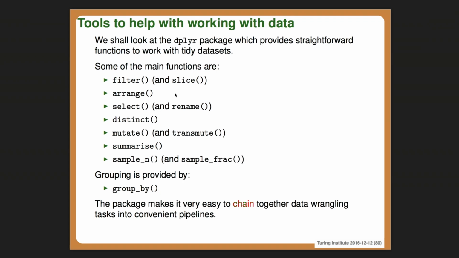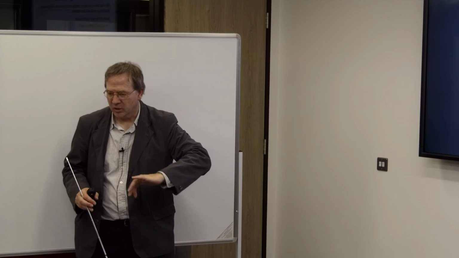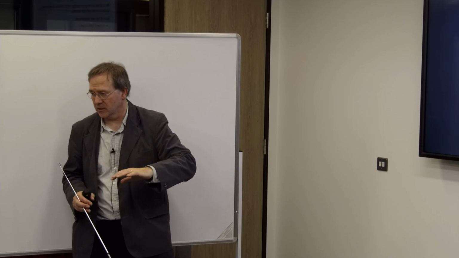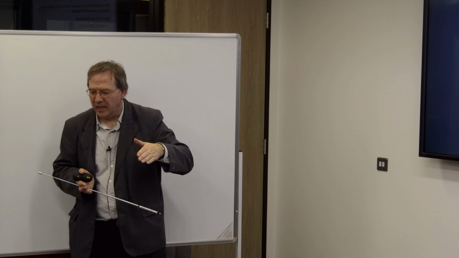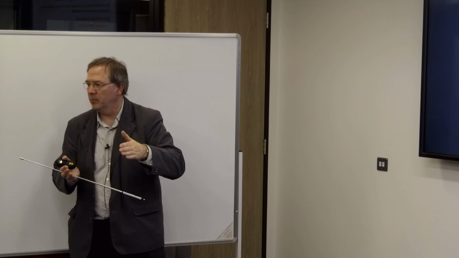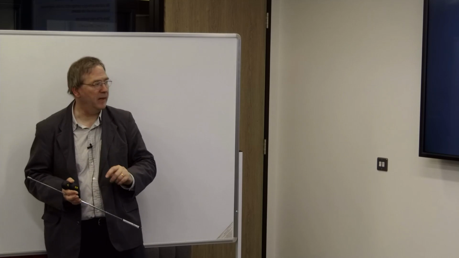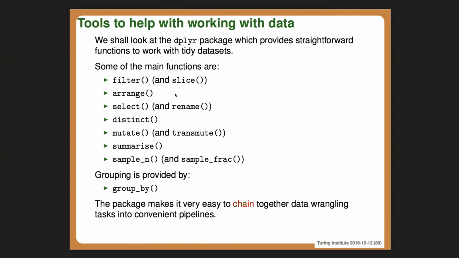There's also a function called slice. So filter is set up to do matching on a Boolean expression as to whether to include or exclude a certain observation, let's say a certain row, whereas slice enables you to slice a subset of rows by number. So you can slice off the first, or the first 5, or the second and the 5th or something like that. So rather than by context with other variables, it's by position in the data set. That's a very useful function to be able to operate on the basis of observations.